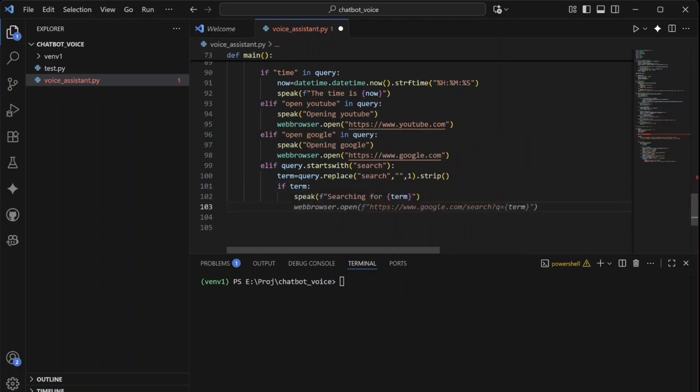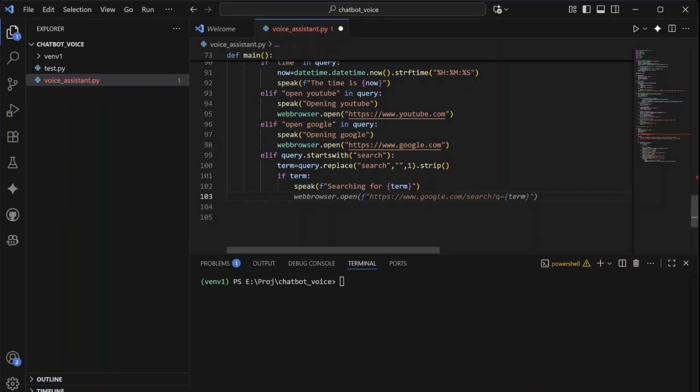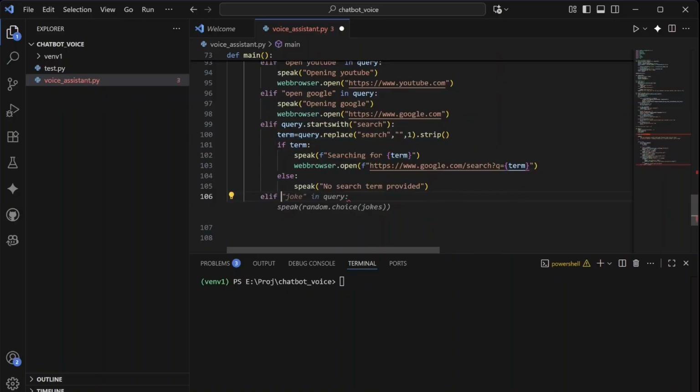Speak searching for term, web browser, yes, term, else no such term provided. Then elif